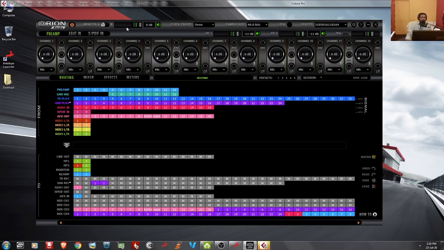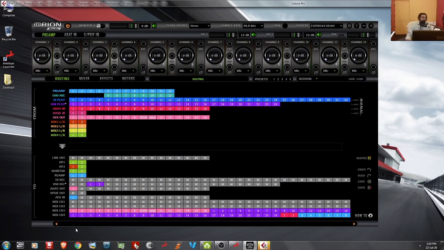So first of all, when you start the control panel, I recommend muting all of these. You just right click on the first slot and click mute row. I am just muting everything, so we can start the routing from the first. Okay, I am muting everything. So now the 2 section is muted completely. Okay, so first we will start with the preamps. We have 12 preamps here.